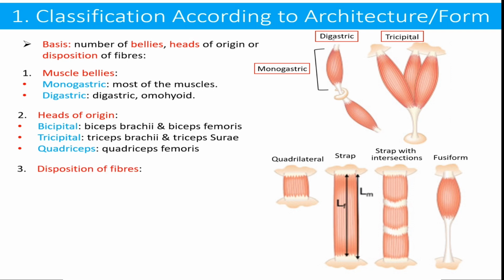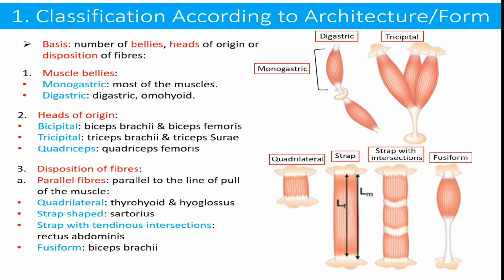Number three, according to disposition of the muscle fiber. This group is further divided into two groups. Number one, muscle fibers having parallel fibers, and number two, muscle fibers having oblique fibers. First, the muscles which have got parallel fibers. In this group, fibers of the muscles are in line with the pull of the muscle,